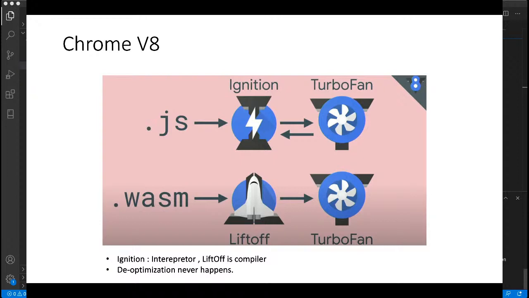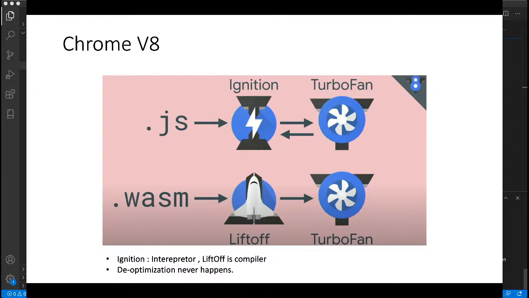So now the code is again in the ignition stage, but now it has more data about execution. Since it has more data, it will recompile the code and regenerate analytics, like how the code will be behaving when it is actually executed. Then the code is re-pushed from the ignition stage to the Turbofan stage, and it is rerunning on the machine.